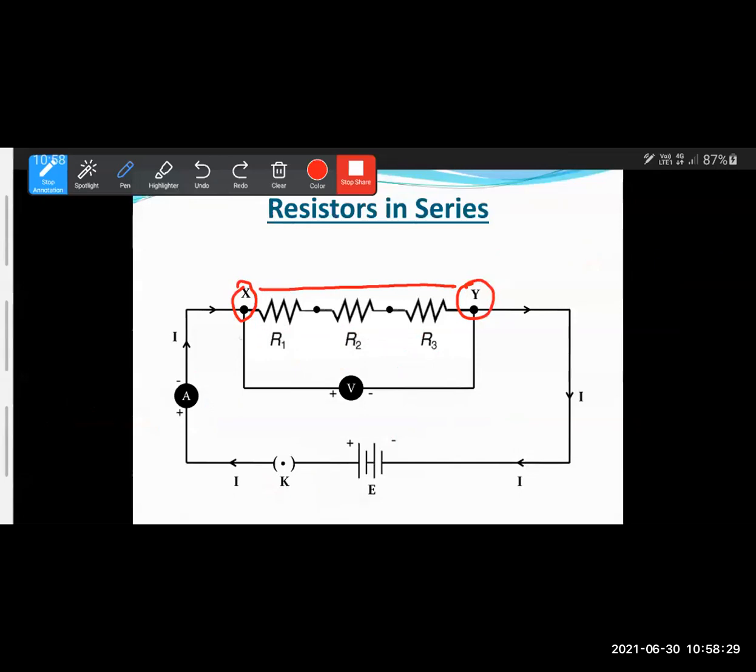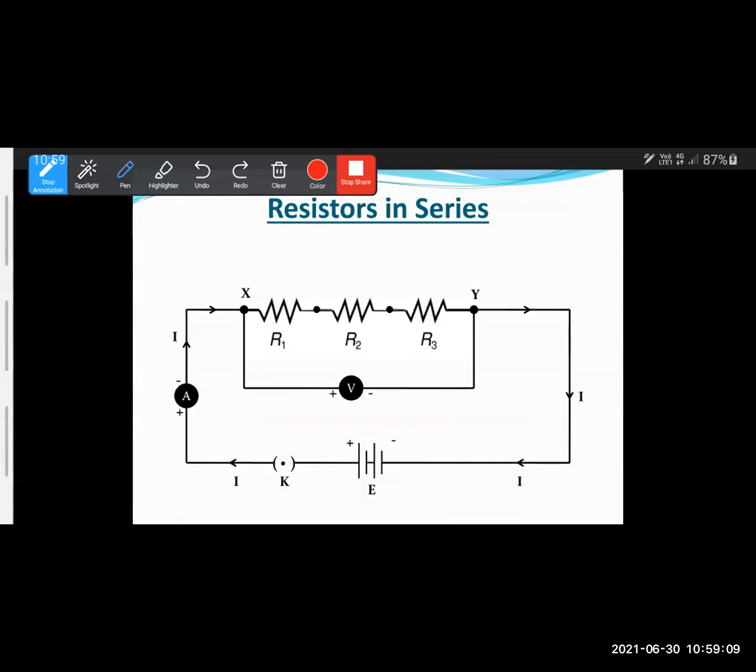Now when you connect a voltmeter in parallel, as you can see, this wire is parallel to the main wire between the points X and Y. So that is a parallel connection. And a parallel connection will help you to measure the potential difference, the voltage, between the 2 points X and Y, whereas the ammeter will measure the amount of current that is flowing through this point. So you need to remember this. The ammeter measures the amount of current flowing through the circuit, and the voltmeter will measure the potential difference.